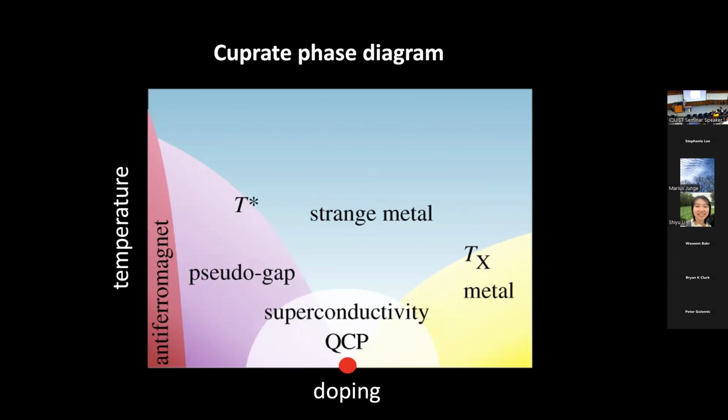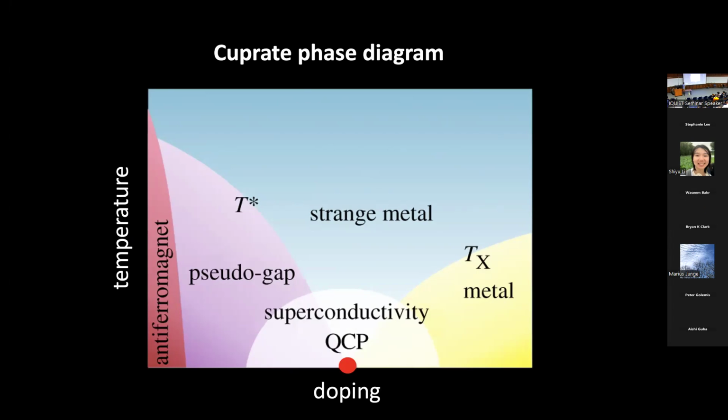This is a highly stripped down phase diagram which shows some of the key phases that appear in the phase diagram as a function of temperature and doping. So here by doping, what I mean is you call a system undoped if you have an equal number of fermions and sites in the lattice on the average. If you add some particles, it's particle doped. If you remove some, it's hole doped.